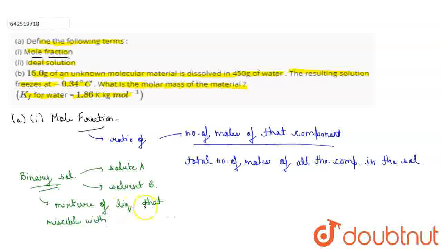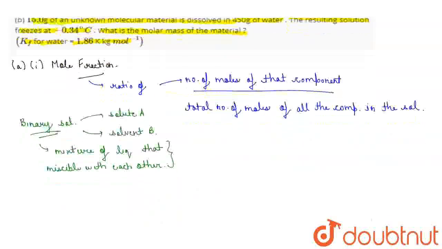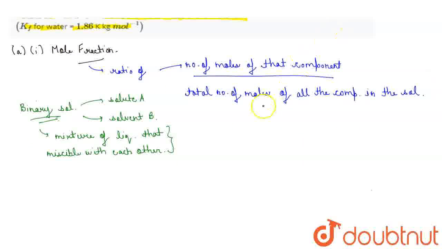So a mixture of liquids that are miscible with each other in a solution is considered a binary solution. Now moving forward,